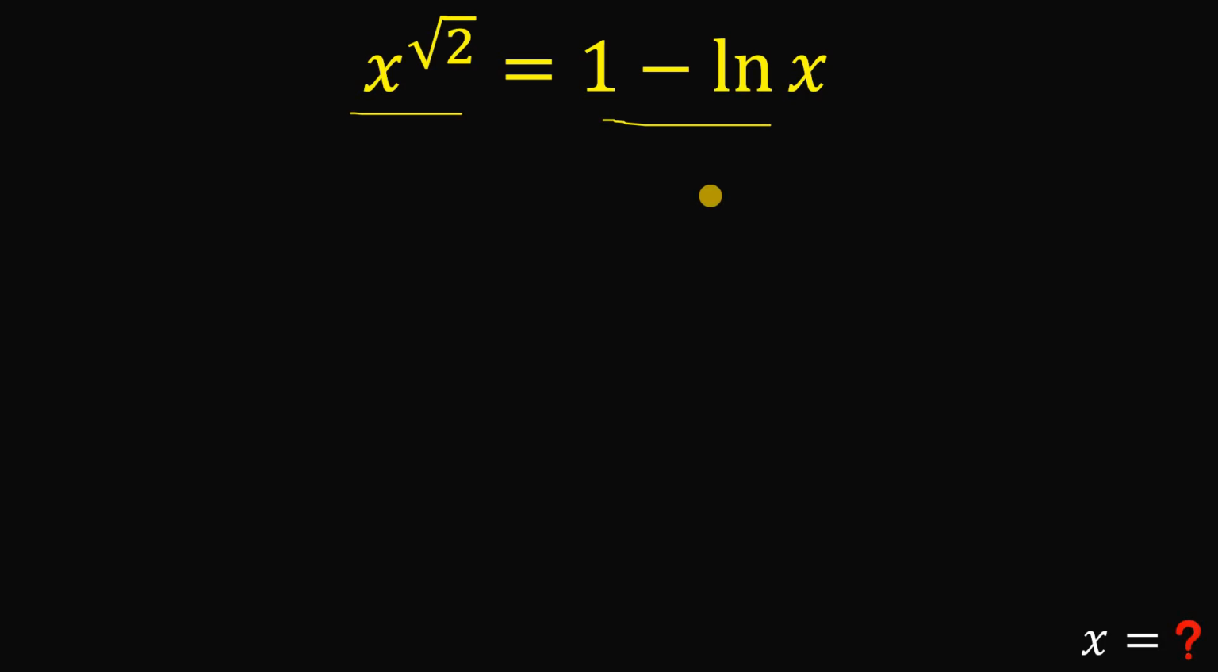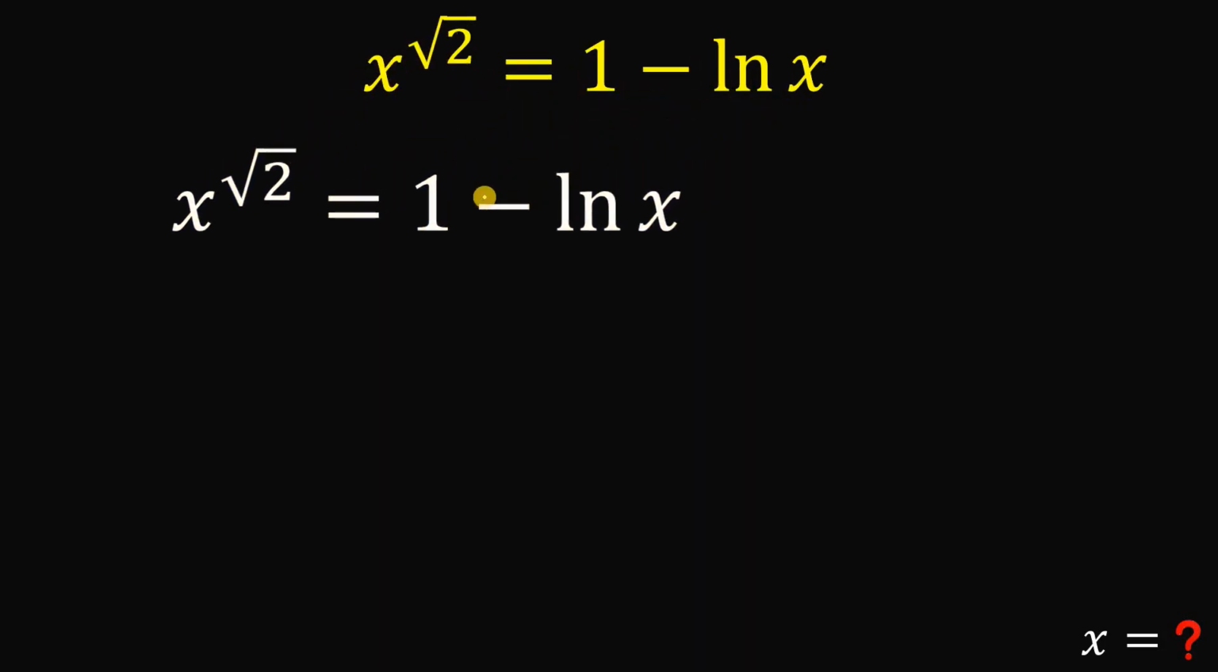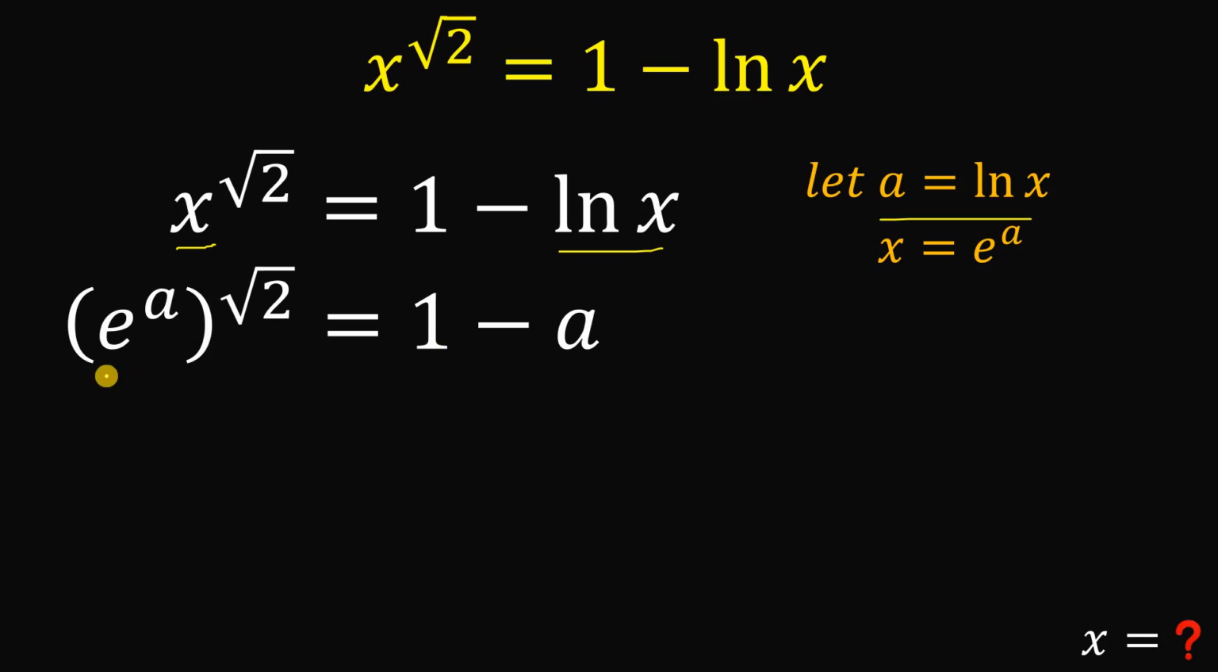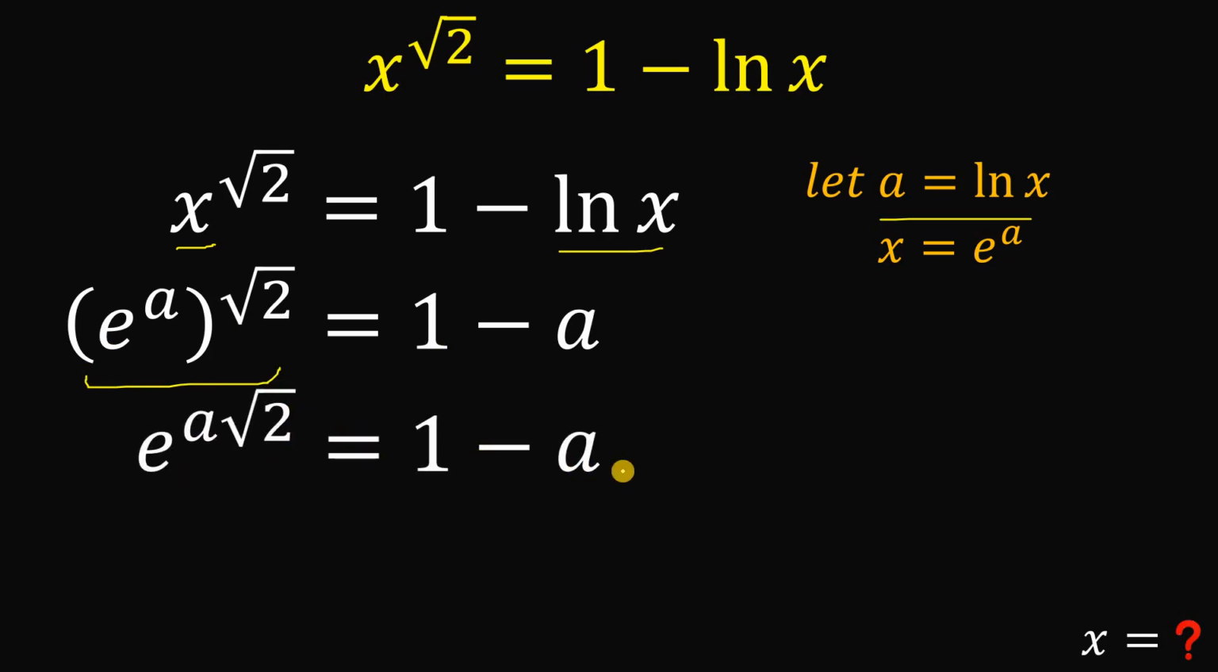So now, here's the solution. To answer this, we need to let a equal ln x. If we do this, we can say that x equals e raised to the power of a. So we can replace this x with e raised to the power of a, and this ln x is equal to a. Now, we can simplify this. On the left-hand side of our equation, we can multiply the exponent. So this is just e raised to the power of a times square root of 2 equals 1 minus a. Now, at this point,